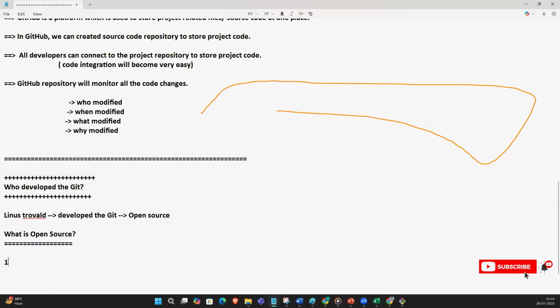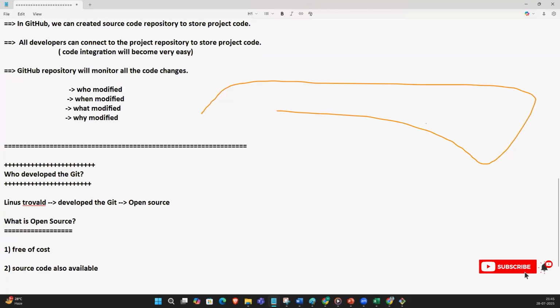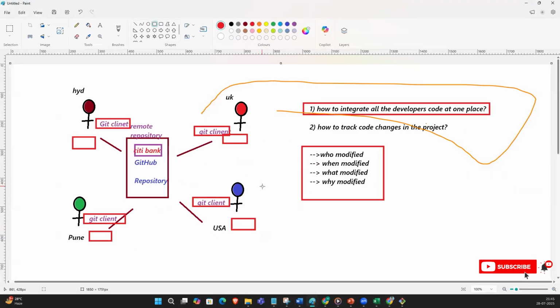So open source is nothing but we have 2 points here. One is free of cost. The other one is the source code is also available. What is source code, guys? The software is developed through programs, either using C language or C++. That code is nothing but the source code. So they took that source code and created their own type of GUI tools like